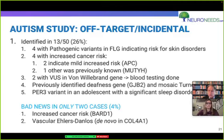So basically, bad news. You found something that they didn't know about before that really makes a difference. There were only 2. There was another one here. See, the 4th one with cancer, increased cancer risk due to BARD1. That's a significantly increased cancer risk. But now they can get screening, like colonoscopies, mammographies early. Insurance should pay for that, so hopefully we'll find cancer early and may even save the patient's life and